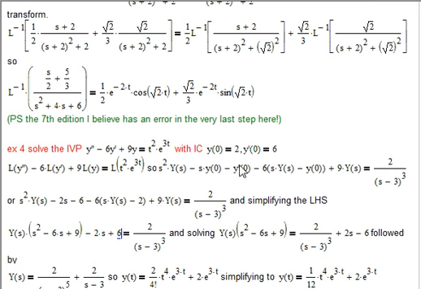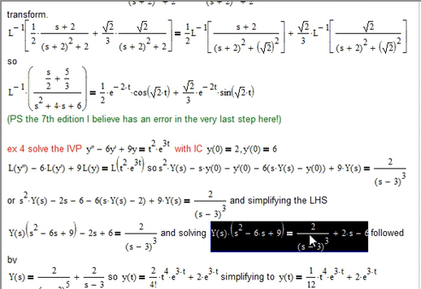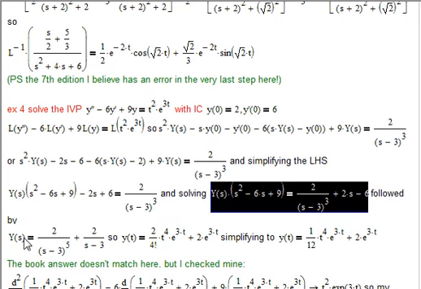So that should be negative 2s plus 6 equals 2 over s minus 3 cubed. And solving this, okay, continuing to solve, I should say, add the 2s, subtract 6 from both sides. And so we're going to end up with Y of s is 2 over s minus 3 to the 5th